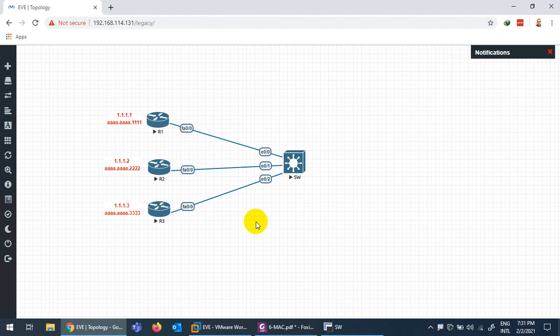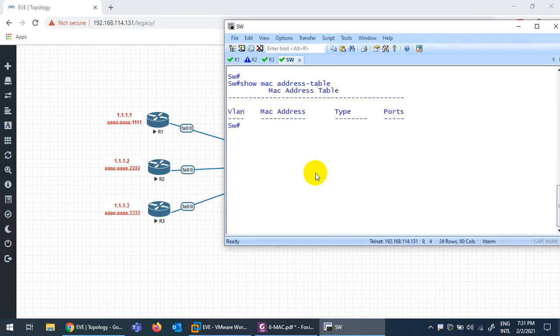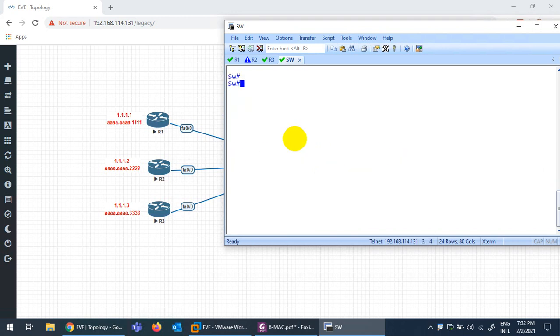And ARP, I will show you how it works later. Here, because our topic is MAC address, I don't want to confuse you, so I am explaining verbally, but later in the ARP topic I will show you how perfectly it's working. So because they don't have a record, in this MAC address table they keep a record of VLAN, MAC address, type, how we learned the MAC address, and from which port it is connected. Right now, nothing is there.